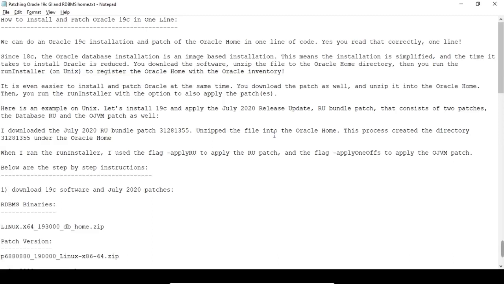I downloaded the July 2020 RU bundle patch 31281355, and unzipped the file in the Oracle home directory. This process created the directory 31281355 under the Oracle home. When I ran runInstaller, I used the flag -applyRU to apply the RU patch, and the flag -applyOneOffs to apply the OJVM patch.